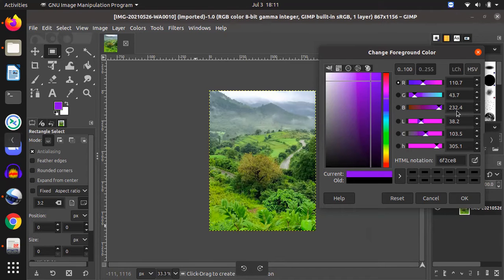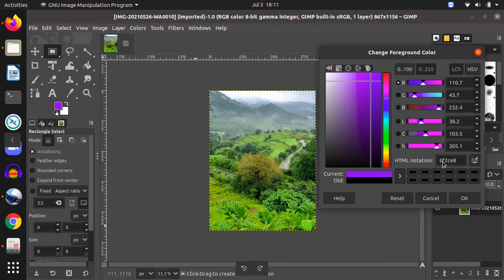If we feed these specific numbers to our photo processing software, then we get the exact color across the document. This is the idea we must have. If we do this across hundreds or millions of documents, we will be able to produce the exact color that we wanted. Similarly, there is hex notation, which you can see as HTML notation. It's a 6-digit number.